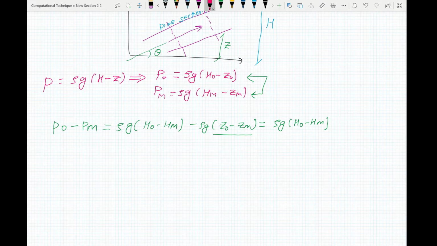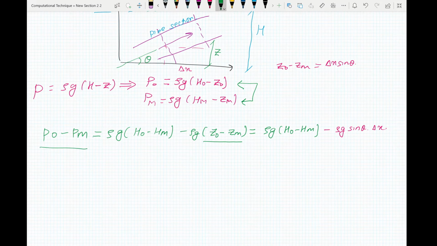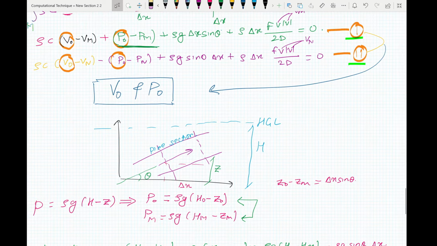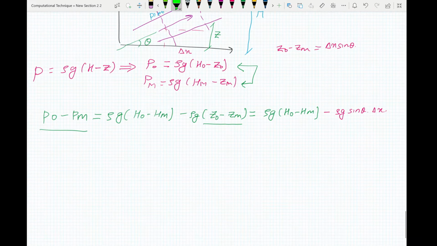taking this as theta and taking this as delta x, Z0 minus Zm can be written as delta x sine theta. Now I can substitute the value of P naught minus Pm in the above equation. Let's say equation 1 here. Then what you can write here is,